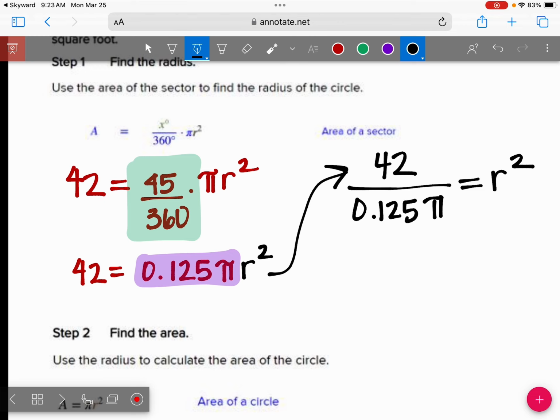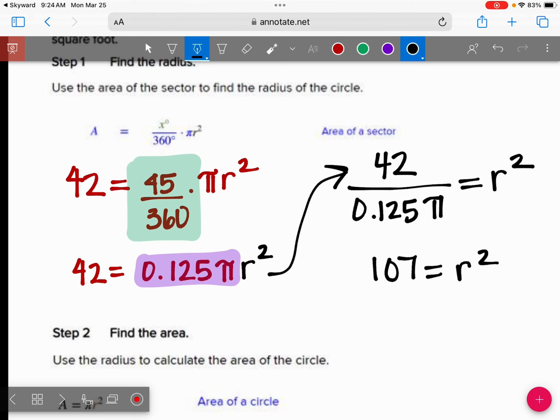Oh, yeah, it did. It pulled up a fraction. But you got to put in 0.125 pi. So you got to divide 42 by 0.125 pi. Yeah, you should get 106 point, it's really 107. Who got 107? Okay, so 107